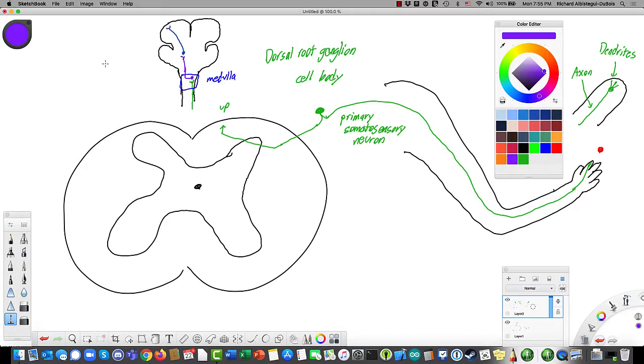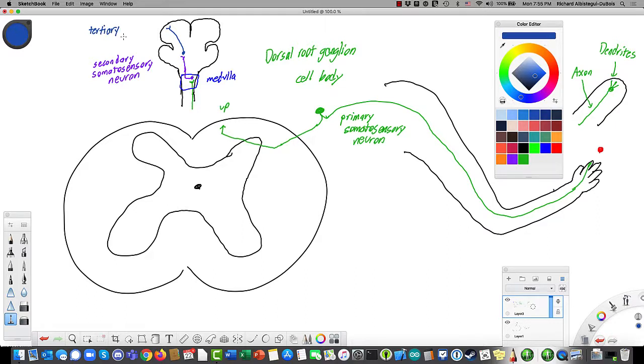So here we have our secondary somatosensory neuron in purple. And in blue, we have our tertiary